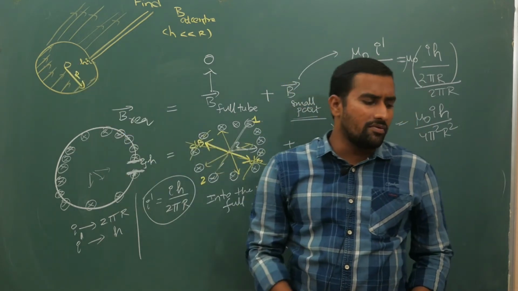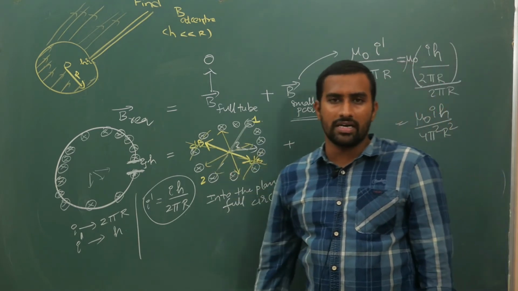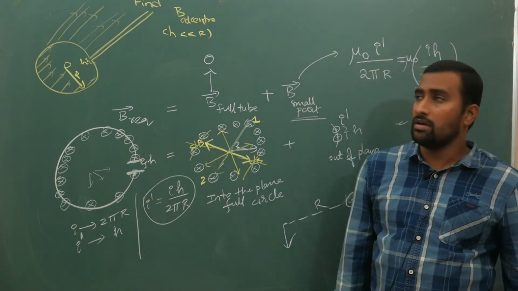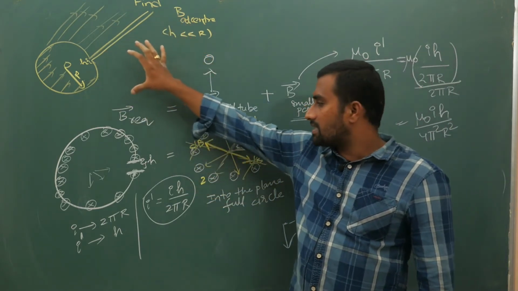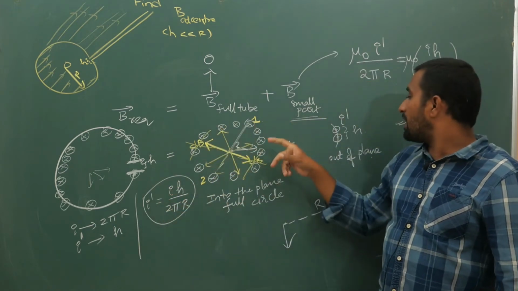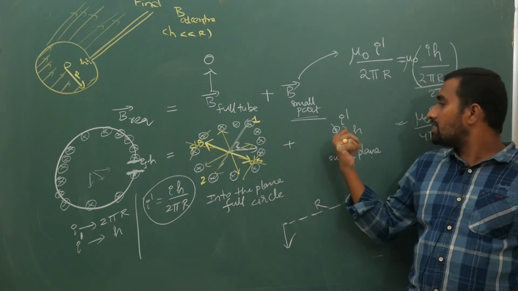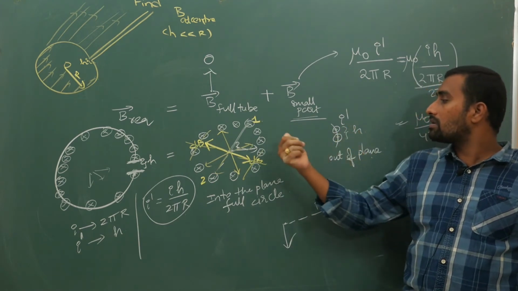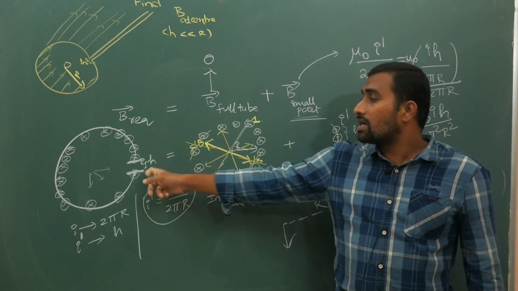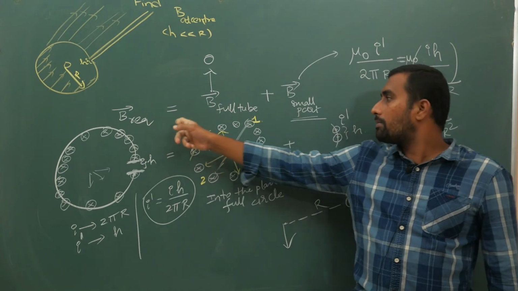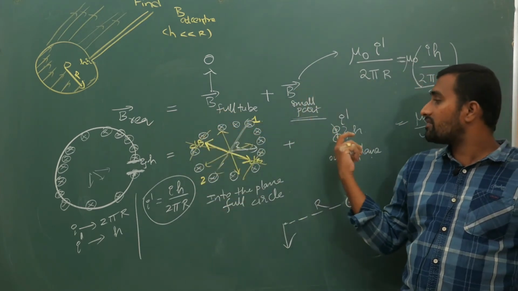So this idea we'll keep using, in cavities, in electric field, gravitational field ideas and all, we'll use the same logic. Once again, a full tube with a slit is equivalent to a full tube plus current in the opposite direction. If in the tube current is going inside and in this small part current is coming out, the inside-going current and outside-going current will cancel off. So the required magnetic field at the center is the combination of the magnetic field because of the full tube plus the magnetic field because of the small portion.